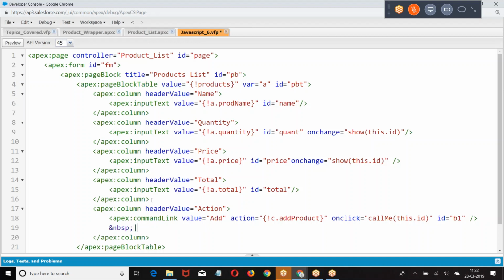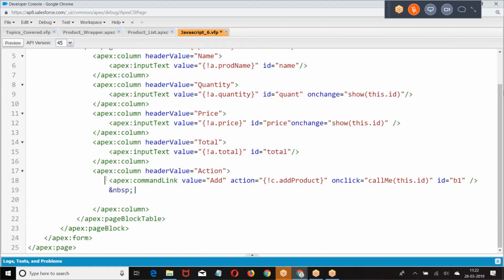Now this is to create buttons. I'm not writing any JavaScript yet, I'm just giving the UI part.